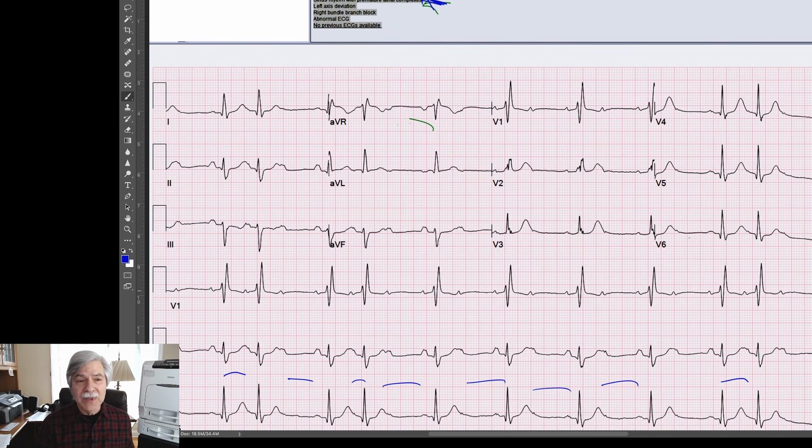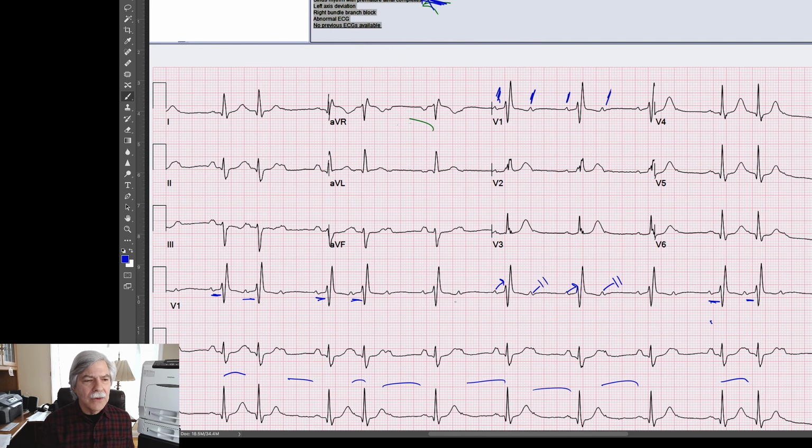But what are the P waves doing? Now if you look up at V1, which is a really good place to look for P waves, you can see that the atrial rate here is about 80 beats per minute, and you have 2-to-1 block occurring during most of this tracing. But every now and then you have 2 P waves in a row that conduct, like this one and this one. And as far as I'm concerned, that PR interval is pretty well fixed. There's no change in the PR interval when you have these beats that are conducting.